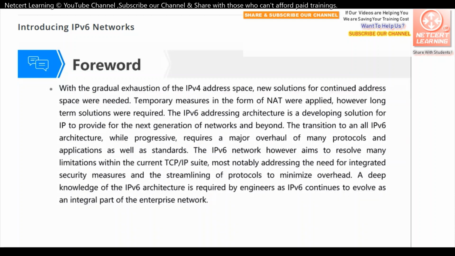beyond. The transition to an all IPv6 architecture, while progressive, requires a major overhaul of many protocols and applications as well as standards. The IPv6 network, however, aims to resolve many limitations within the current TCP/IP suite, most notably addressing the need for integrated security measures and the streamlining of protocols to minimize overhead. A deep knowledge of the IPv6 architecture is required by engineers as IPv6 continues to evolve as an integral part